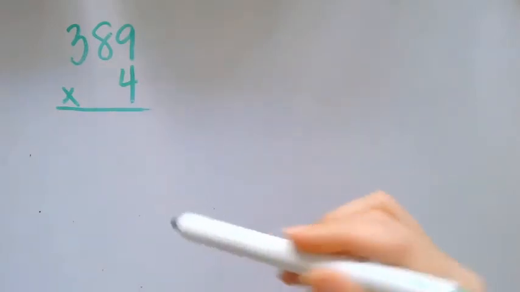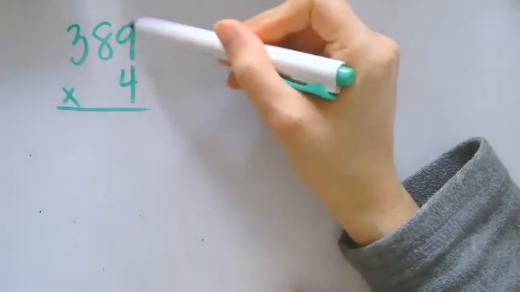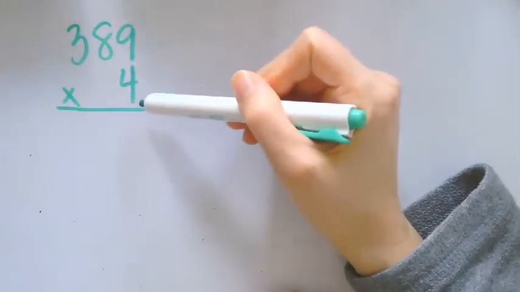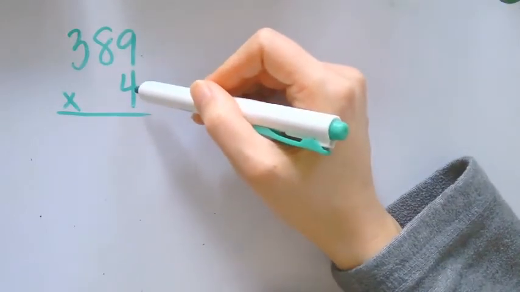Okay, anytime you work on a multiplication problem, you're always going to start with the ones place. 9 is in the ones place up top. 4 is in the ones place on the bottom. So we're going to start with this one. 9 times 4 is